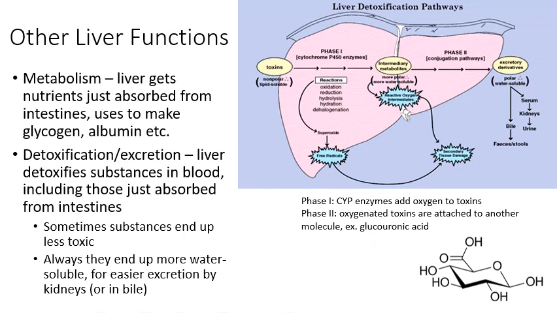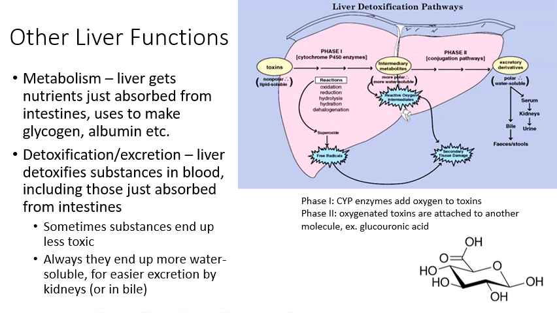Then we'll also go over a couple of the major liver functions that are not directly related to digestion. Both of these functions are indirectly related to digestion, but they don't directly impact it. So first you have metabolic functions of the liver, where the liver is getting the first crack at all the nutrients that have just been absorbed by the intestines. So all those nutrients are absorbed into the blood. That blood will all drain into the hepatic portal vein and be carried to the liver